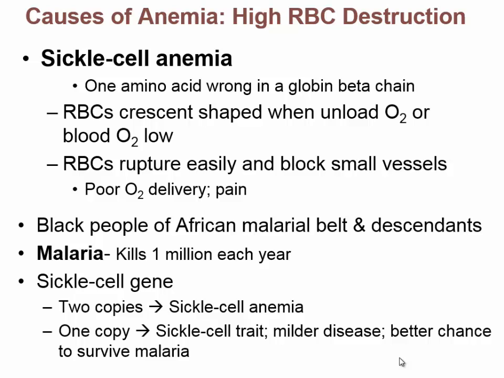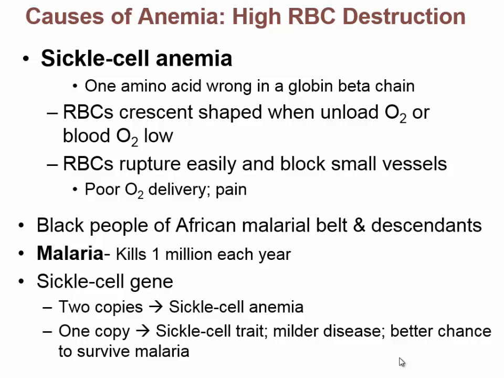If you've got diseases that cause death, you'd think your number would start going down, people would start dying of it, and they wouldn't have kids, and so on. However, the disease seems to persist. Now, most people that come from the African malarial belt and their descendants have a really high rate of sickle cell anemia. The main reason for this is in the African malarial belt, right on the equator there,